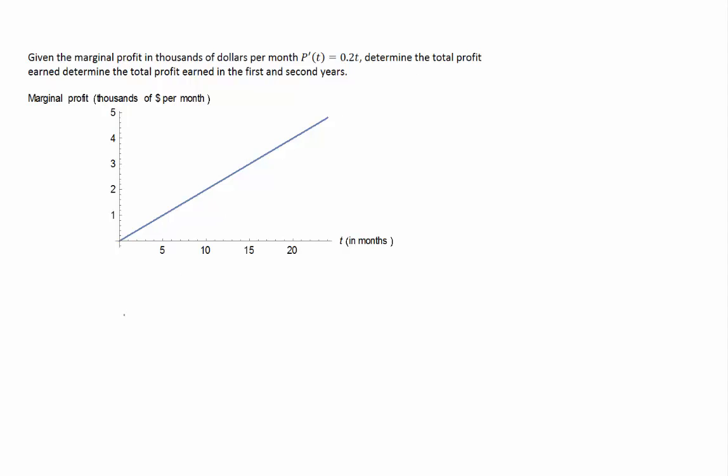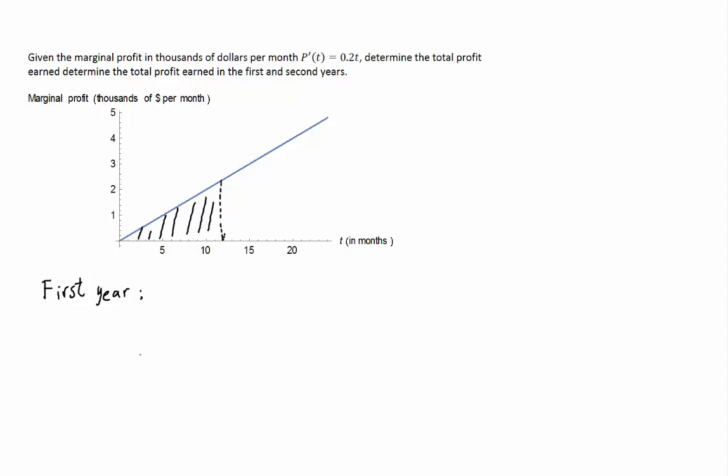So for the first year, since you're doing profit in thousands of dollars per month, if you want to do it for a year, you have to do 12 months. That's because the unit for time is in months. So whenever you calculate the area under this curve, it's going to give you the profit, not marginal, but profit. When you calculate the area of this triangle, you're going to get the profit for the company